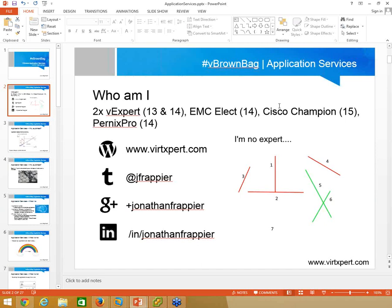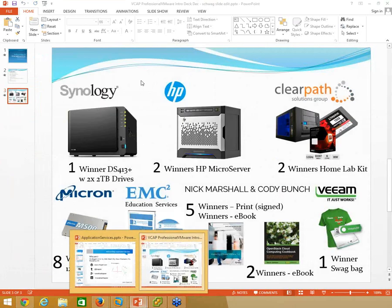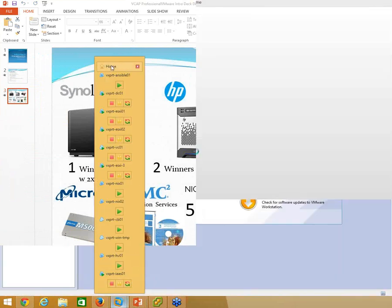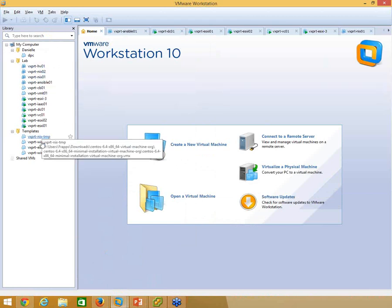And Sean wants to know what the specs of your workstation box are. The workstation box is an 8-core AMD, which, if we did not mention it, since my deployment failed, we have a bunch of prizes. The ClearPath prize is actually built with that same 8-core processor and 32 gigs of RAM. So I've got quite a bit crammed into this box right now, as you can see. I've run Ansible on it, got some other Linux machines that I use for testing, the templates that I've done all my cloning from, and then